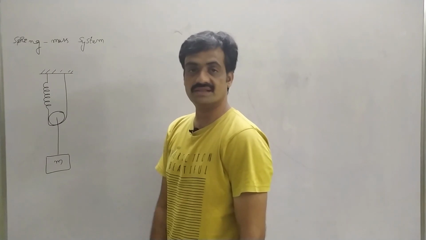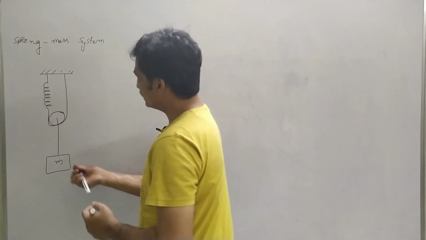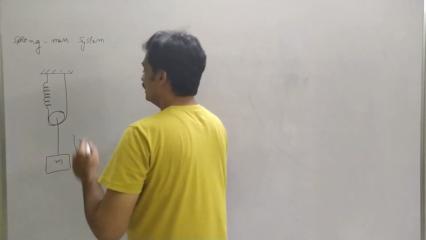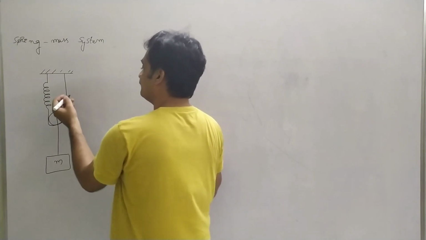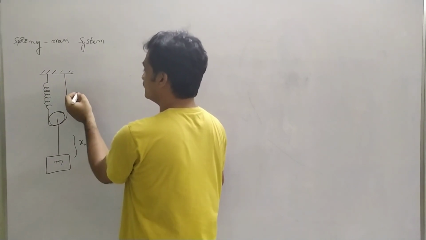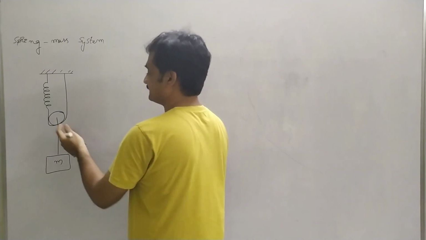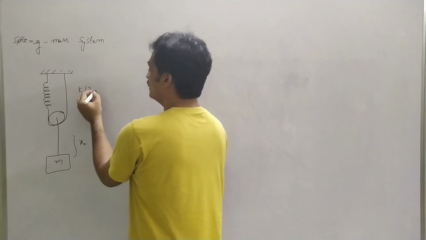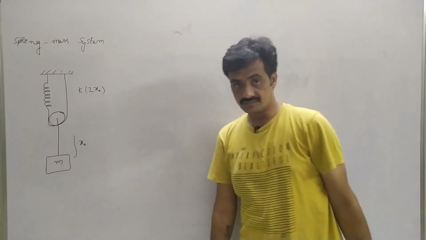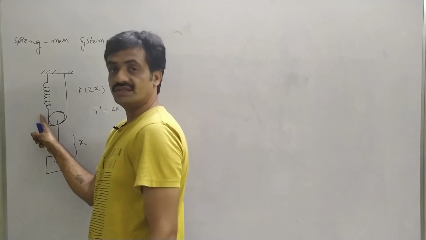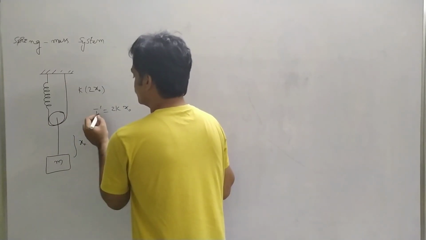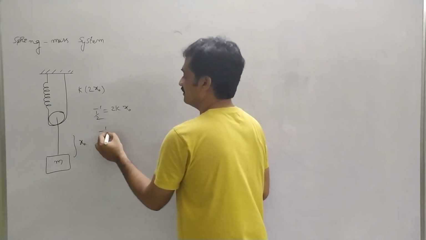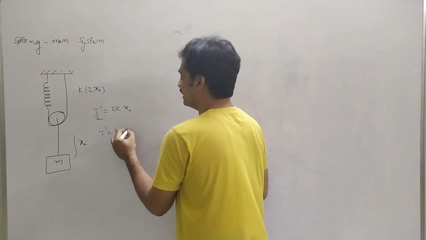Now we are going to consider another spring mass system. Observe this case here. Initially when the mass is attached here, the body is displaced by a displacement of x naught. As the body is displaced, the displacement in the spring and this thread is represented as 2x naught: x naught along this direction, x naught along this direction. Then the force is represented as k into 2x naught. Tension at this position is equal to half of the tension at this position and half of the tension at this position. Then we can represent it as T dash by 2 is equal to 2kx naught. Then we have T dash is equal to 4kx naught.